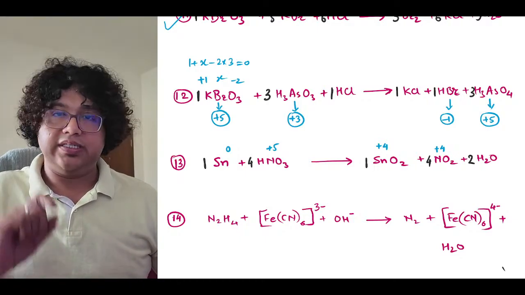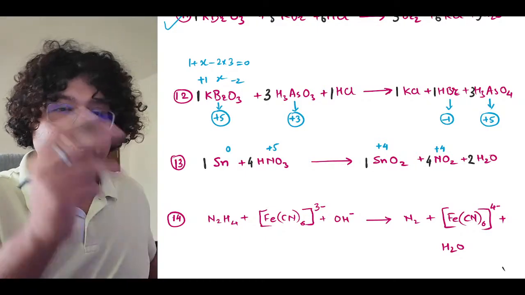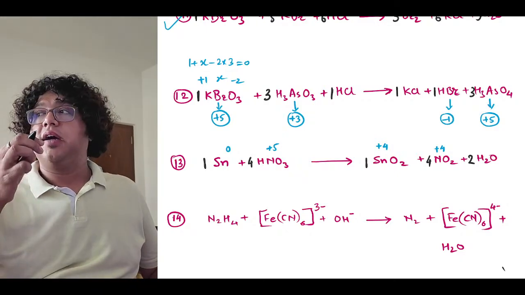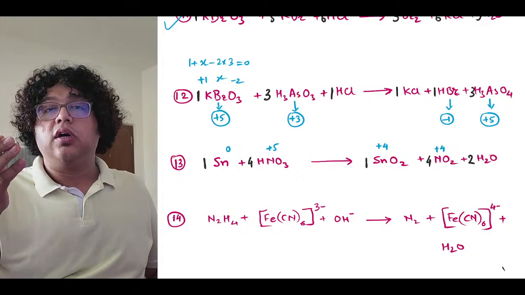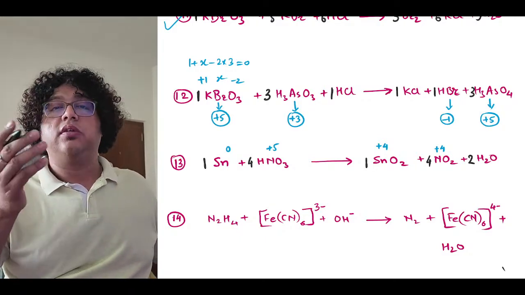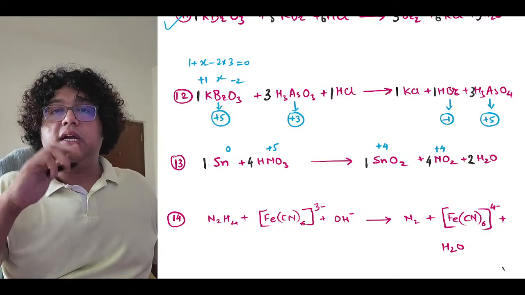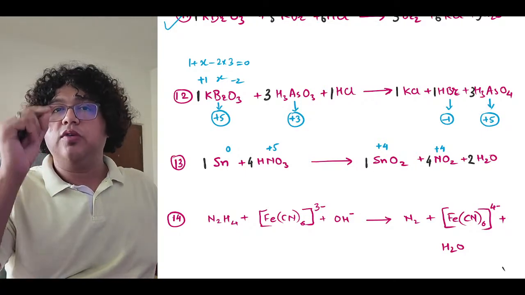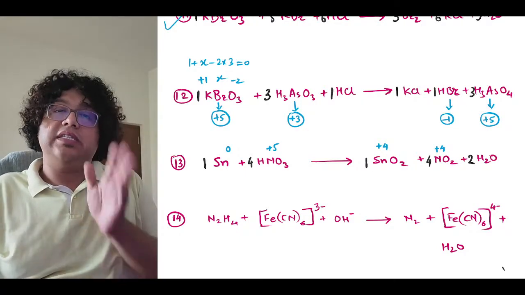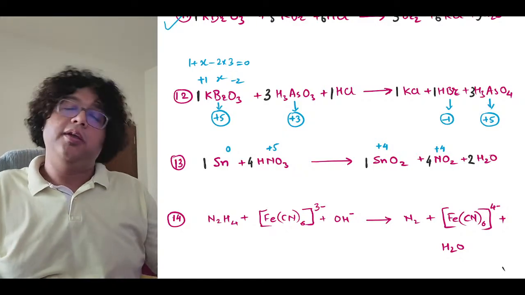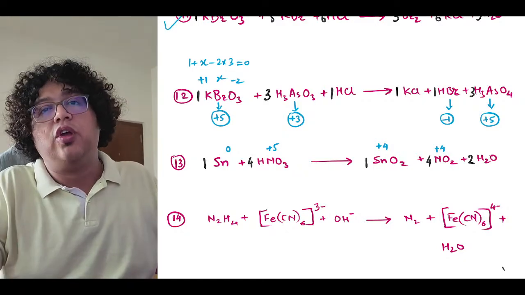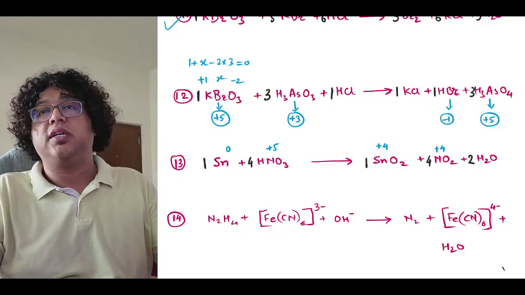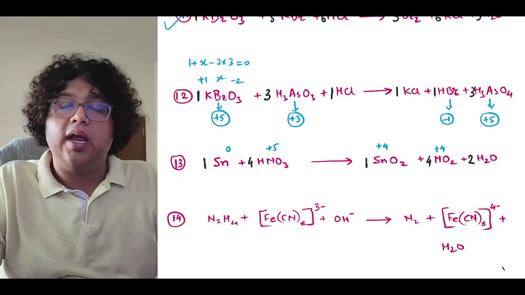But the point is, it requires a little bit of your understanding of oxidation state. It requires a little understanding of the ratio in which the compounds will react, and the type of product that will be formed. Because of all these things, we studied the chapter redox after chemical bonding, because after chemical bonding we now know why any particular atom has a particular oxidation state, and how it is dependent on the bonding.